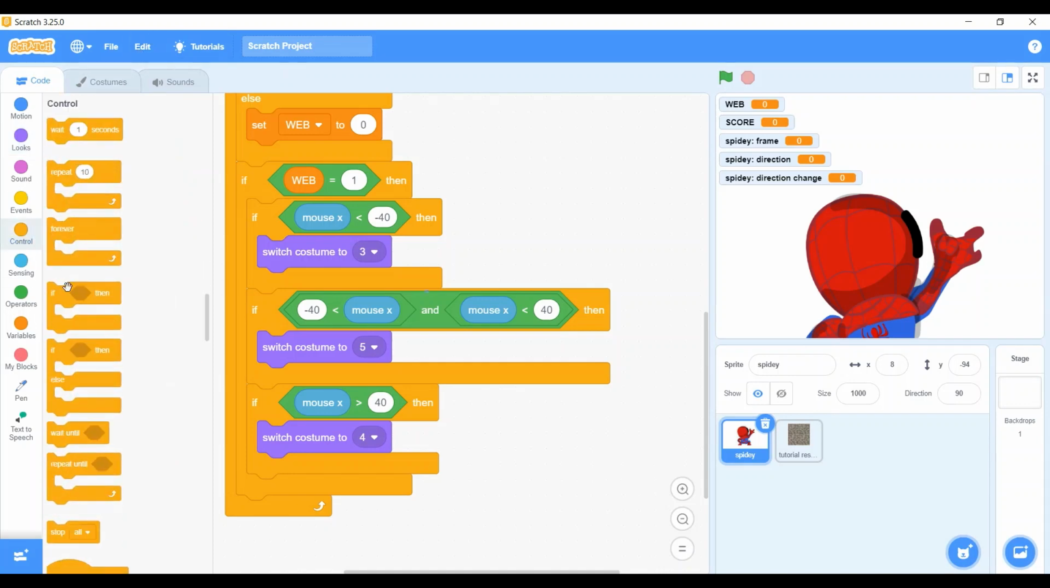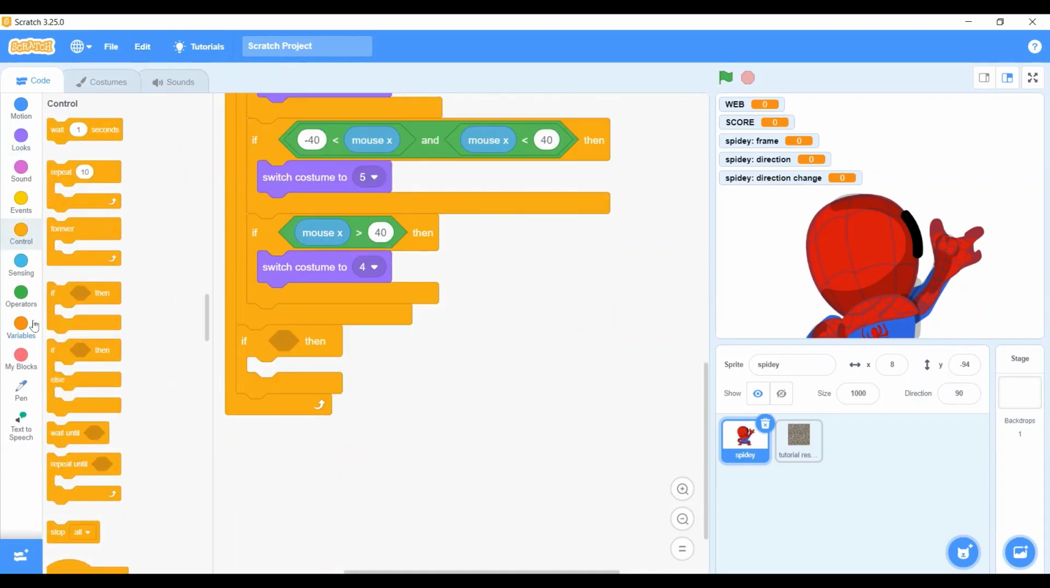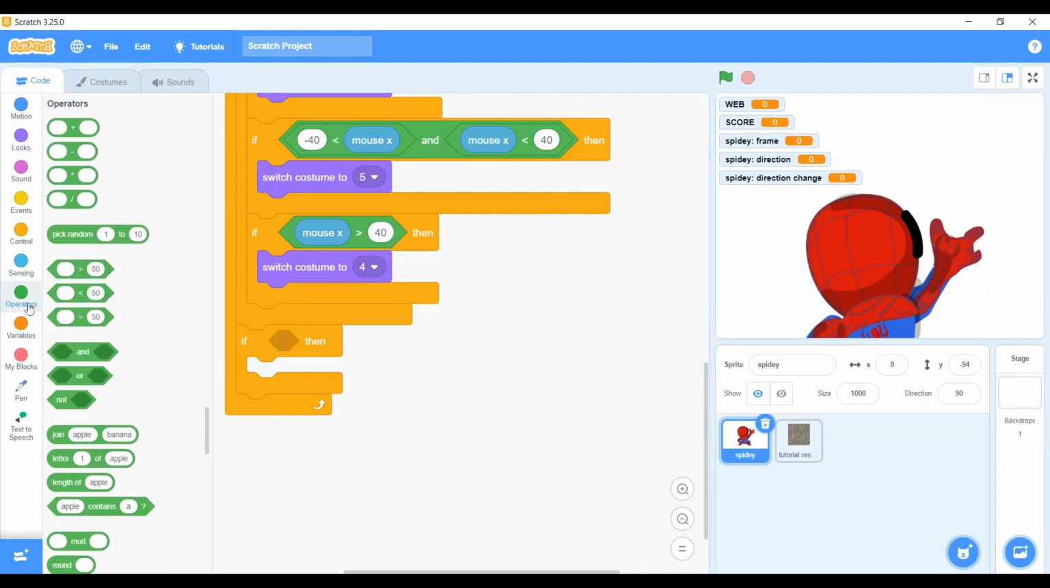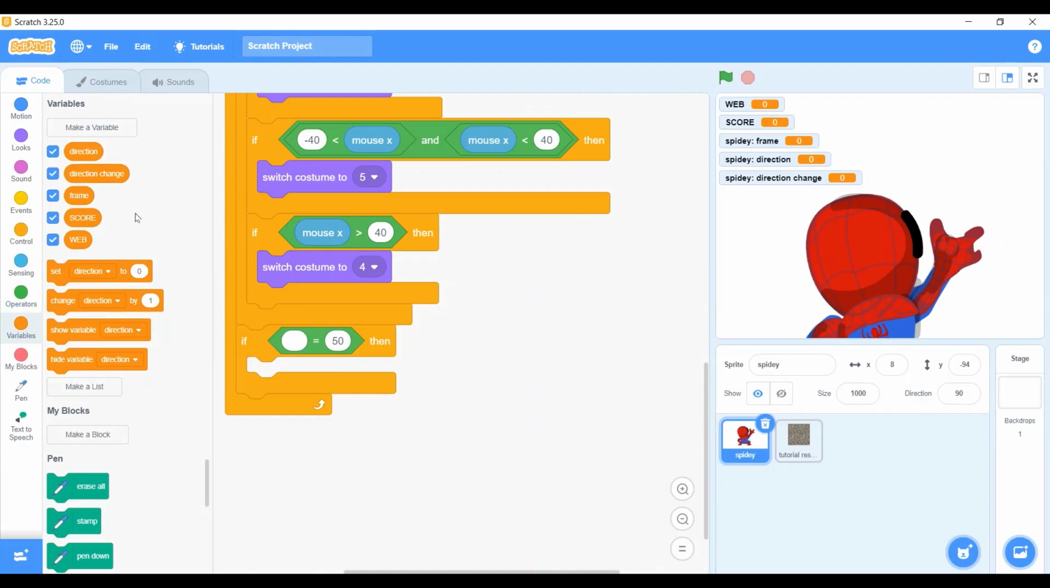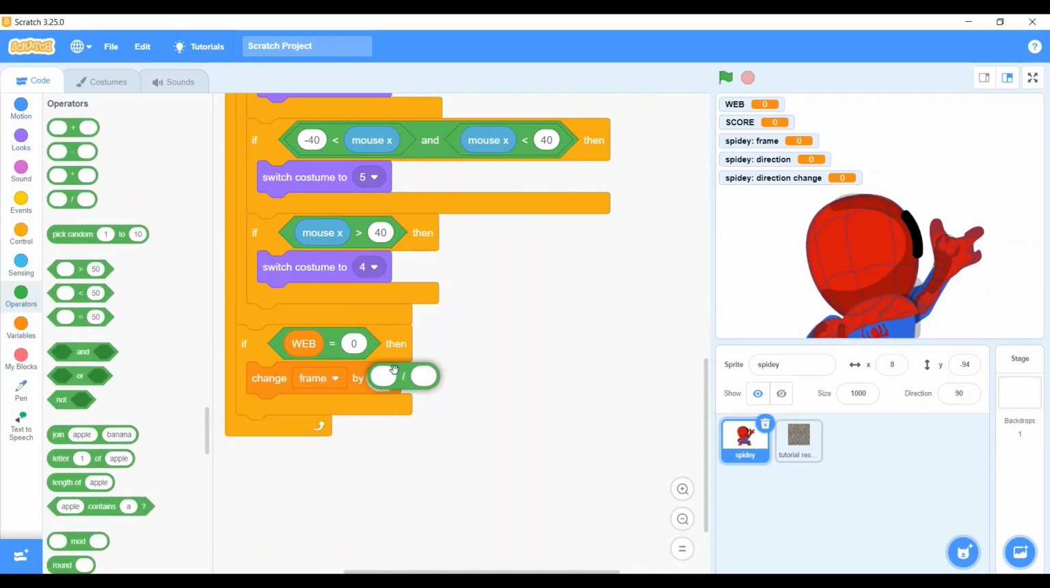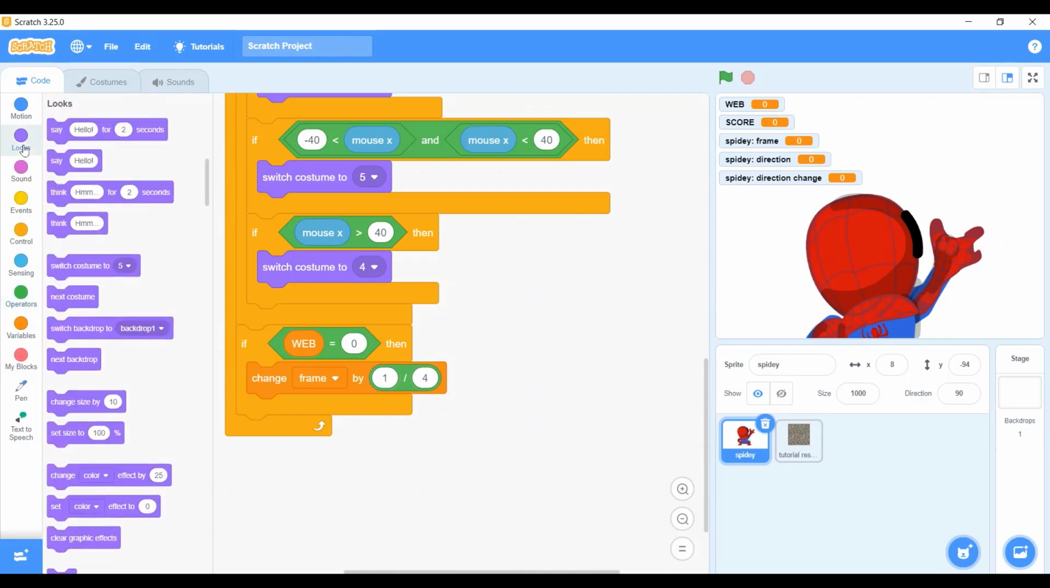So we go to the control, put in the if here. And then go to the variable, and then go to the operator, put in the equal sign, go to the variable, put in the web, and equals to 0. So when this web equals to 0, right, then we get to change frame, go to the operator, put in the white sign, and then 1/4, go to the look again, put in the switch costume,